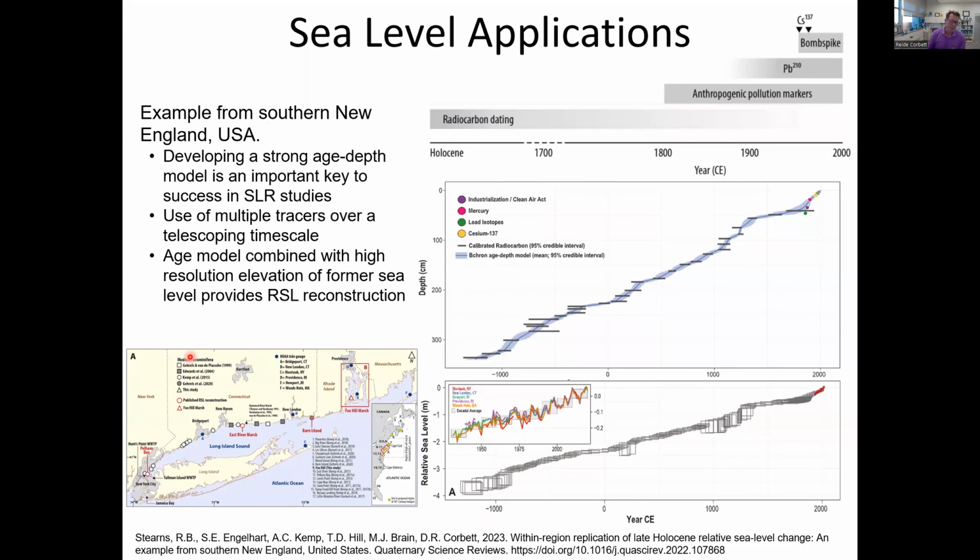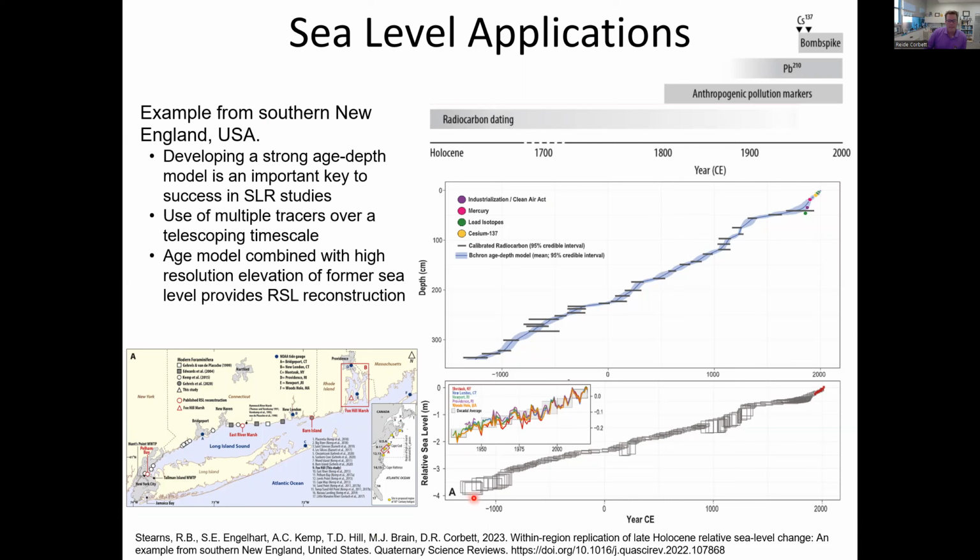And this is one example, the reference down here at the bottom, one example of basically applying a lot of different chronometers, not just lead-210 and cesium-137, but several different chronometers to get a high resolution depth age model, such that you can then use other results that provide some understanding of sea level with time, that allows you to develop a